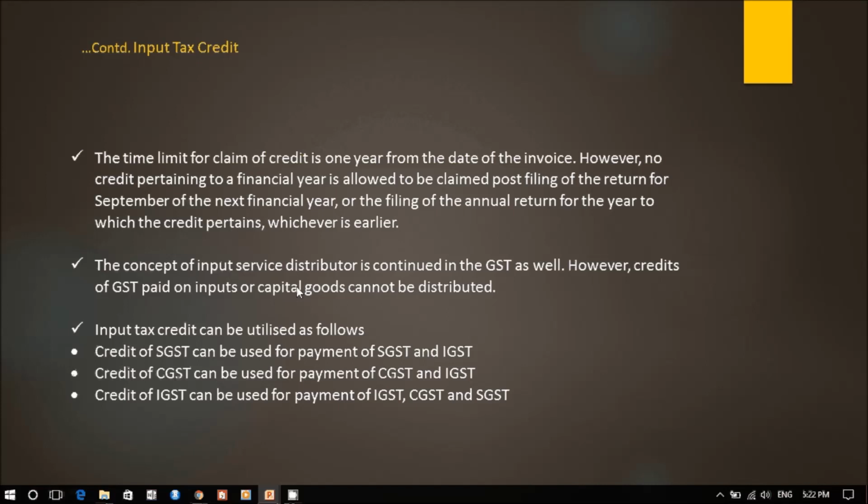Okay, so we can claim the credit of the SGST with only the SGST and the